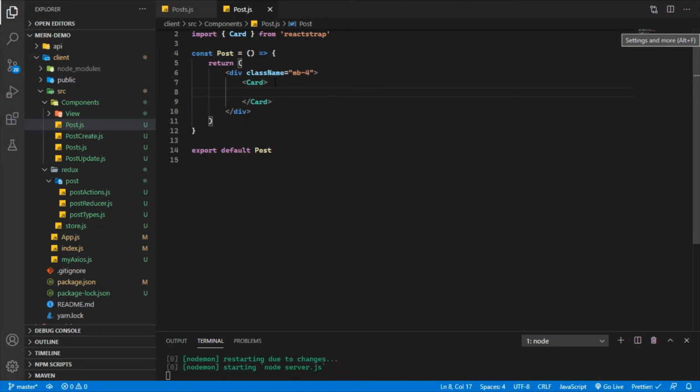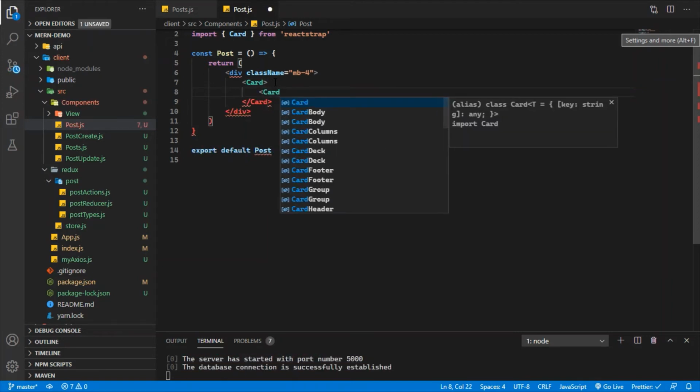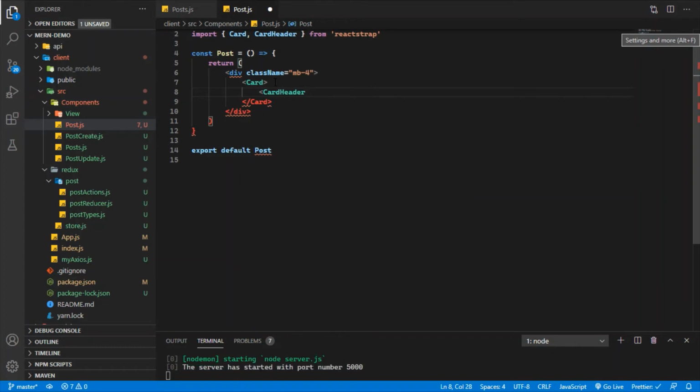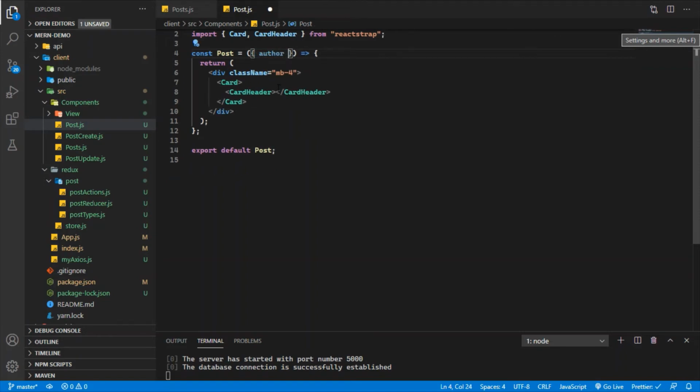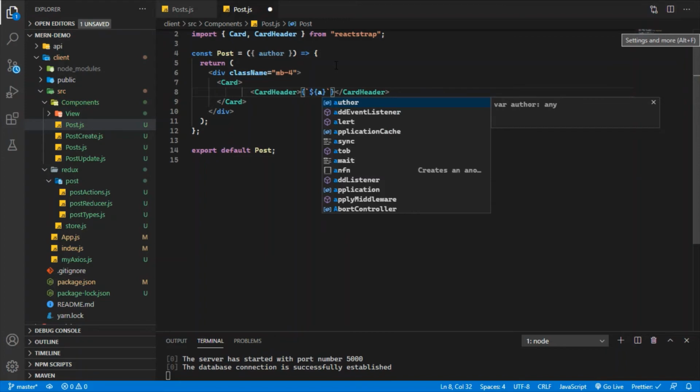And after that I'm going to use card header, and in this portion I'm going to fetch the author from the props. So author. For this section I'm going to use a backtick and then dollar curly braces author.